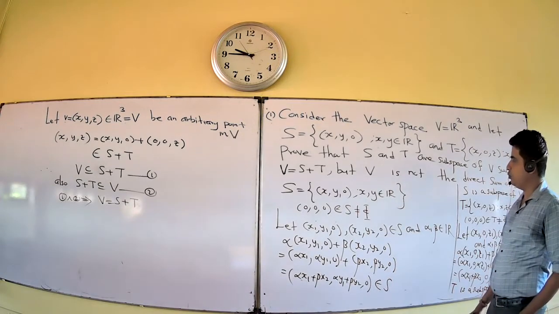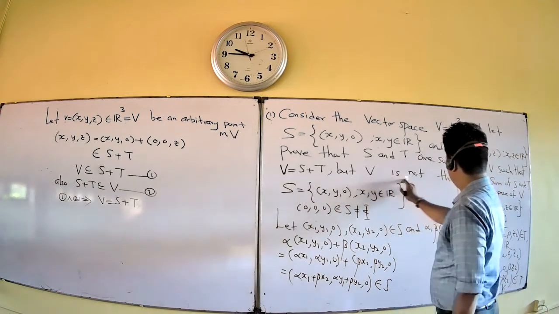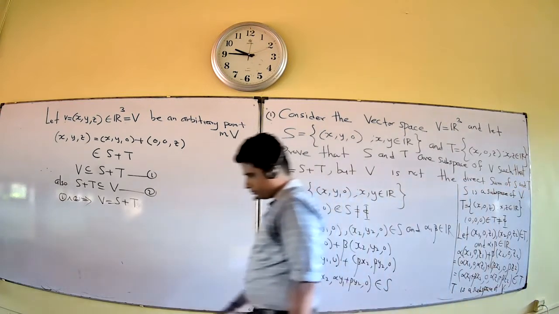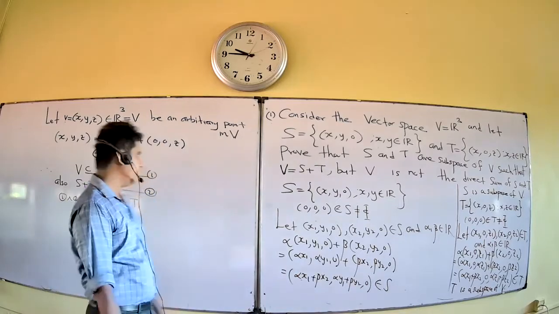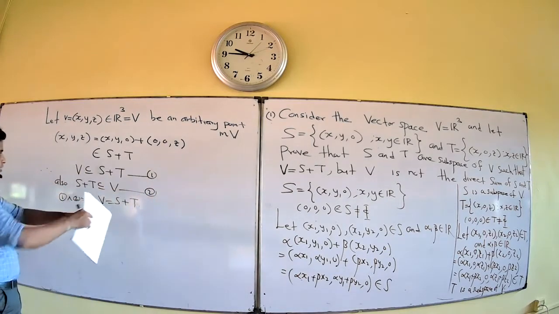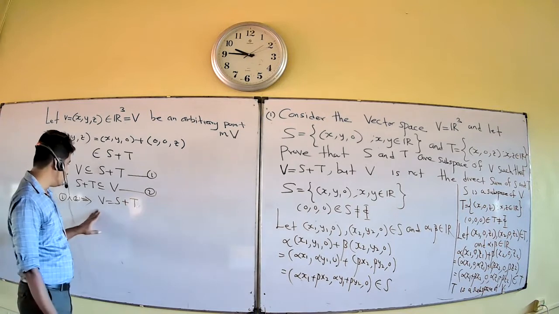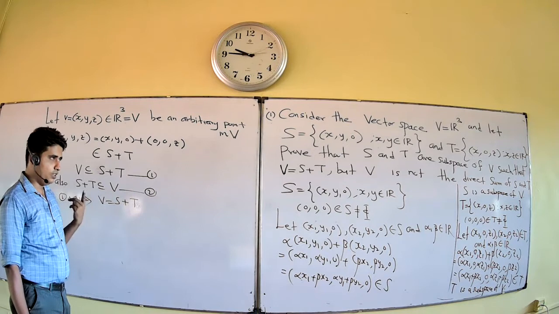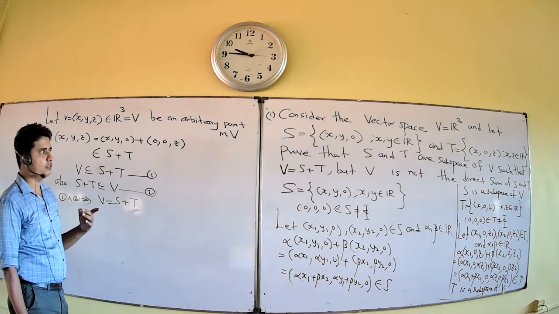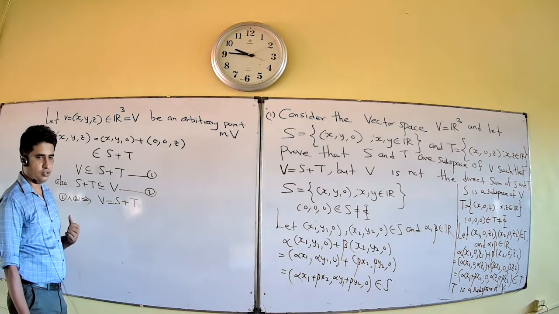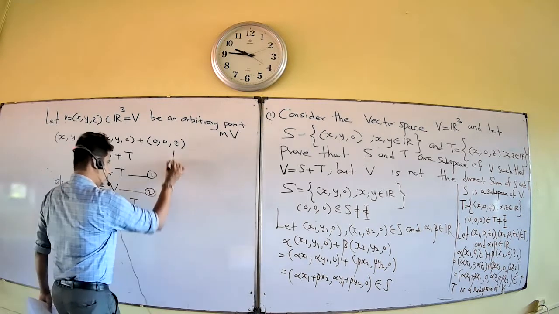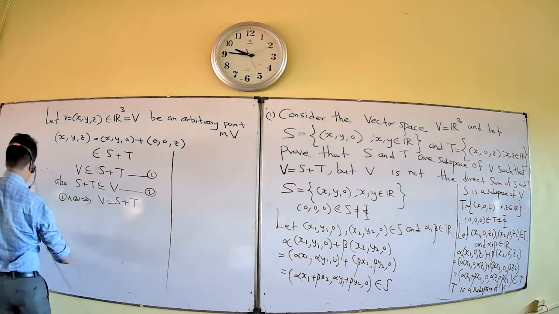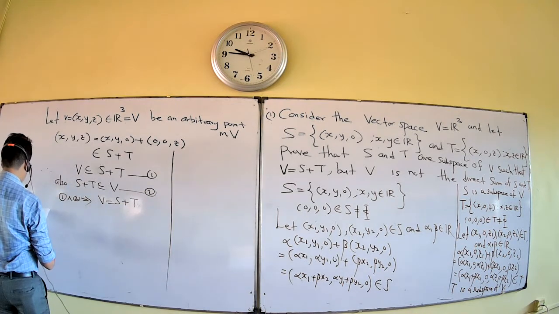Remaining, you want to prove that B is not a direct sum of S and T. To show a direct sum, there are two conditions. Here the first condition is satisfied. Therefore, you want to check the second condition. The second condition must be false, and only then is it not a direct sum.